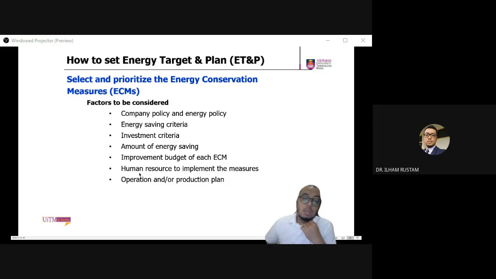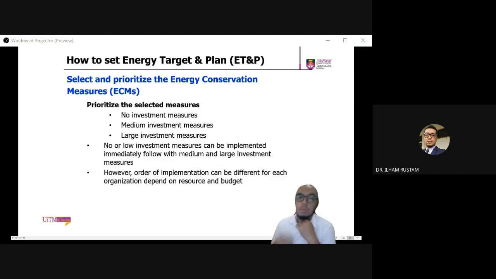And then the human resource required to implement the measures, how many staff need to be allocated to observe and make sure that the measures have successfully been implemented. Any effect on the operation and also the production plan from implementing the ECM. If you do energy saving but disrupt productivity, that's not acceptable either. So make sure the ECM does not interfere with the operation and production plan. These are the basic steps that you need to focus on once you want to prioritize which ECM